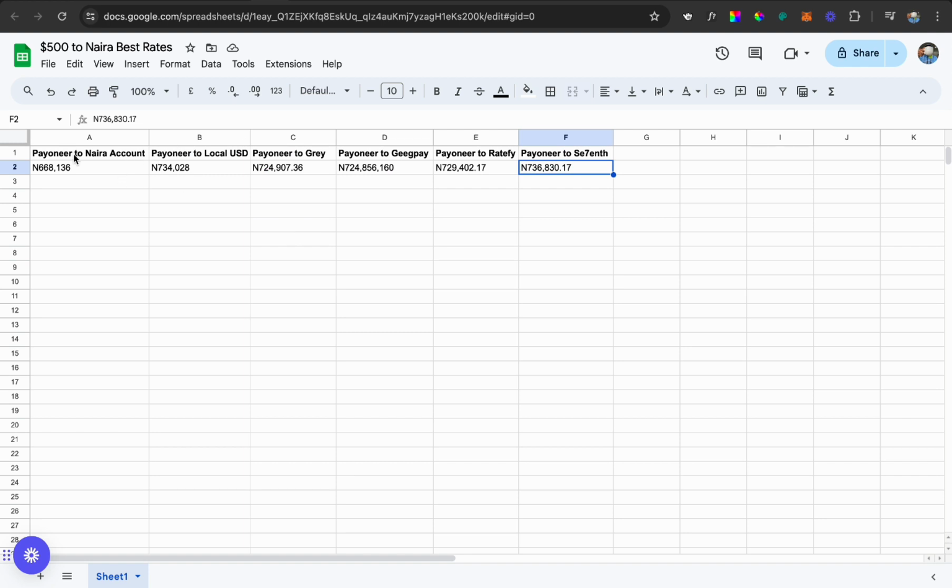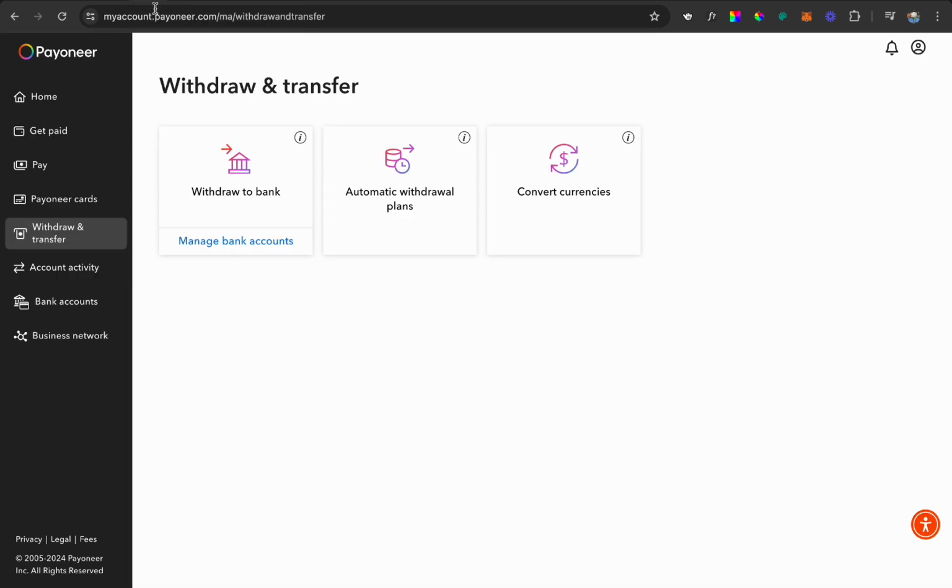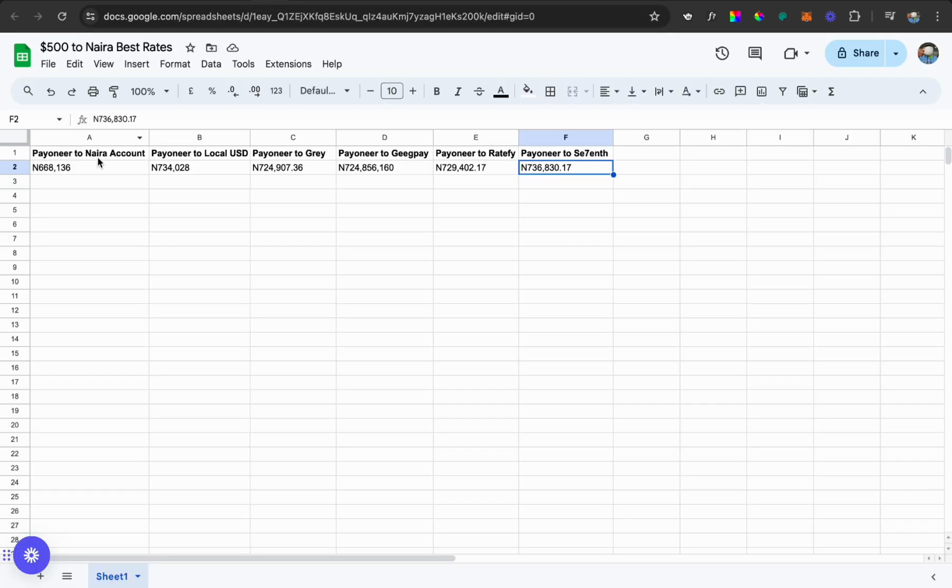So we'll be using from Payoneer to your local Naira account, from Payoneer to your local USD, from Payoneer to Gray, from Payoneer to GigPay, from Payoneer to RateFi, and from Payoneer to Seven. So basically, Seven is our services, and we'll be showing you reasons why you should bank with us. So first off, to withdraw from your Payoneer to your Naira account, our base amount for today will be